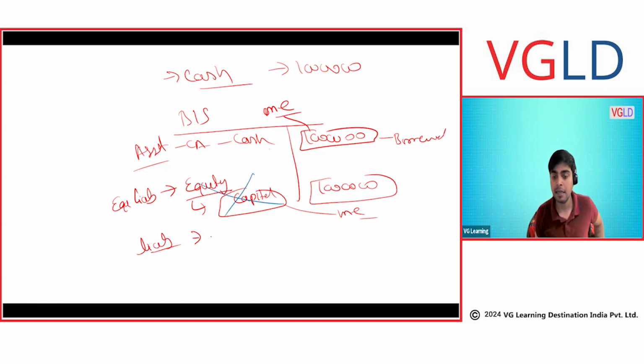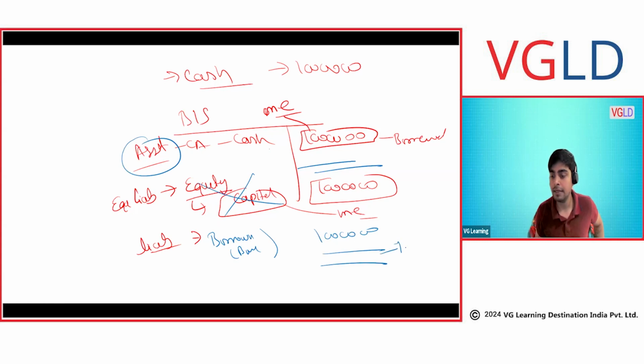Then it would be coming under the liability as borrowing. Let's say we borrow from bank, and this will be 10 lakh. So you can see total assets of 10 lakh will still match with the total liability and equity. So 10 lakh here, either with capital or with the borrowing. So you will always have two sides. Okay? One side is here, another side is here.